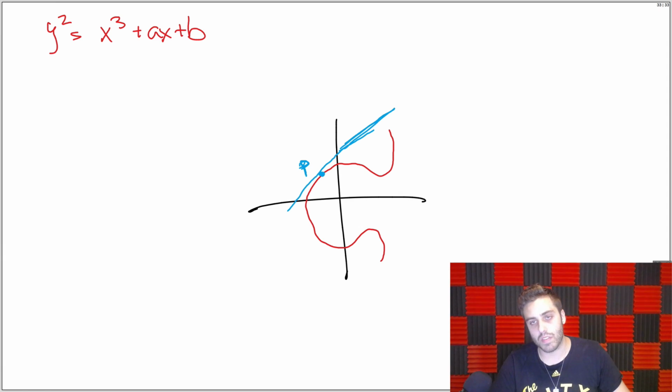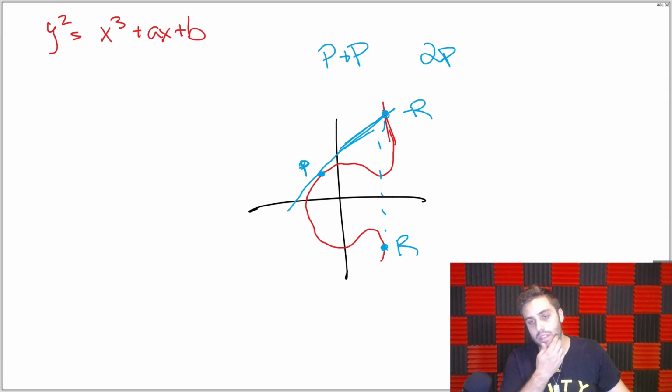So I need to make my curve a little taller here, but the tangent line will always intersect the curve somewhere. So you could call that point negative r and then reflect it down to find your r point. And this is effectively doing P plus P, or 2P, when you just have one point and you're finding the r point of that one point.